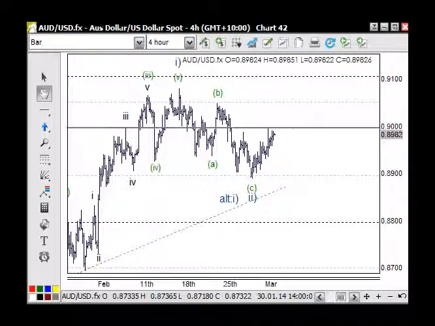Now, the main point here is that the count that I've got here for the morning report is basically up for 1 and back for 2 here, and an A and a B and a C. However, to prove that, we would need simply to find support on the top of 90 here, and then once we've got a reference point there, then we can trade long from that point. If that's the case, then we'll just sit back and wait for that, and if it unfolds, well, great, that's what we'll do. If not, if this market is going to work lower in terms of this being down for 1, 2, 3, 4, and 5 here as a leading diagonal triangle as wave 1,